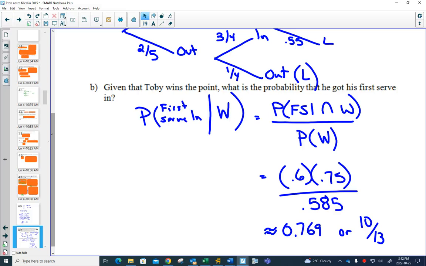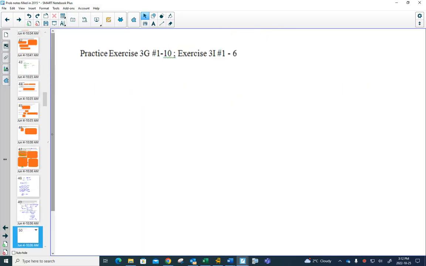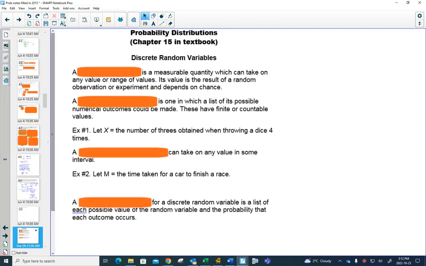All right, and with that, we are now done the first major part of this unit on probability, how to work with probability. The second major part is probability distributions, which connects the first part to statistics that we've done earlier. Okay? We are going to leave this